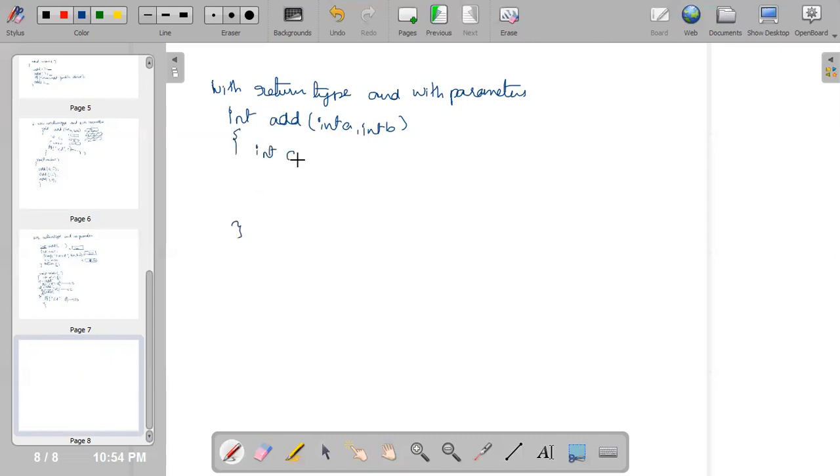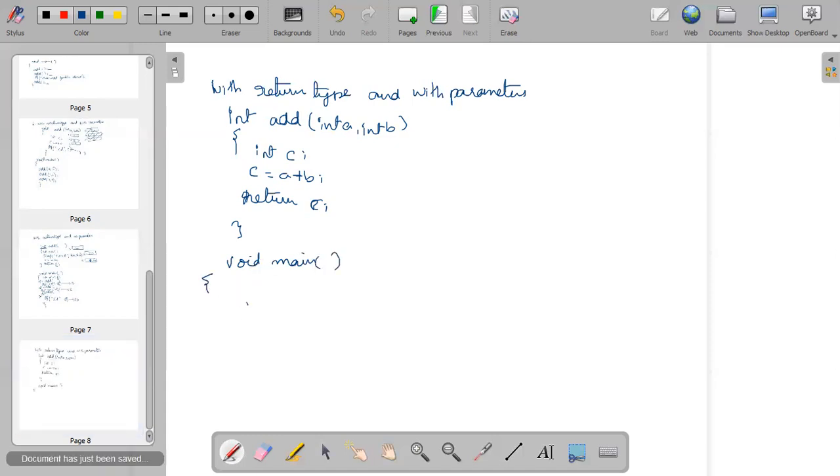I'll write here int C. C is equal to A plus B. Then I'll just return the C value to the main function. Return C. Okay. Then in the main function, I'm going to call that add function multiple number of times. The first time I call